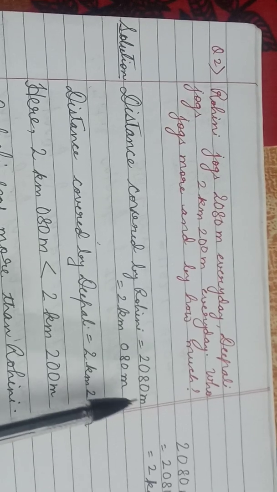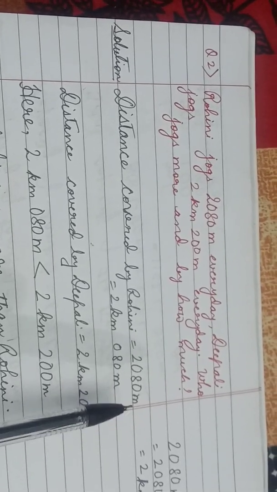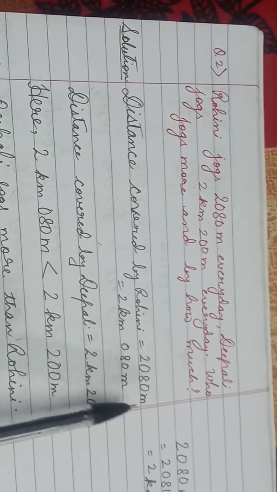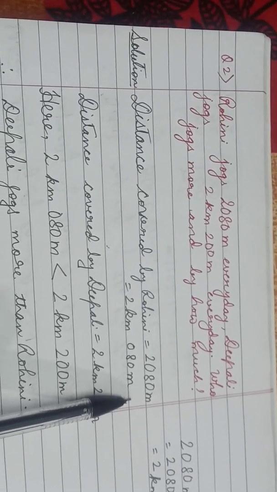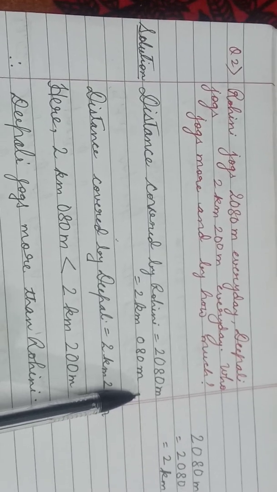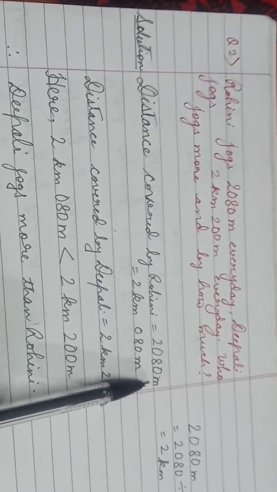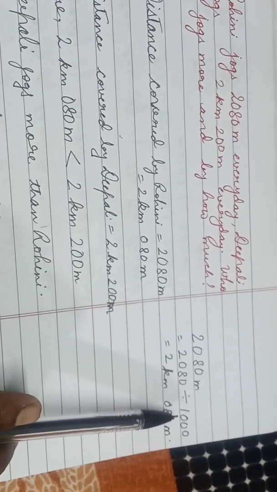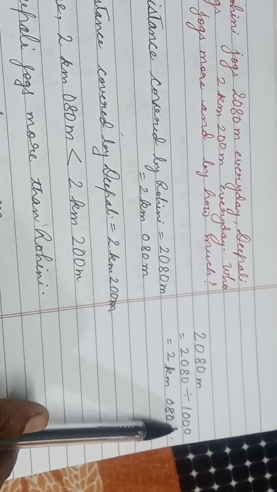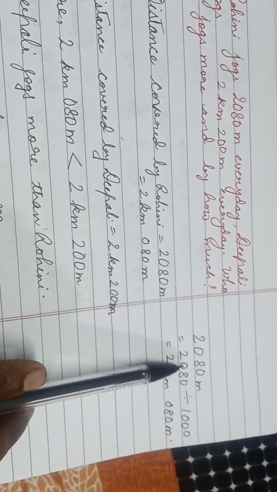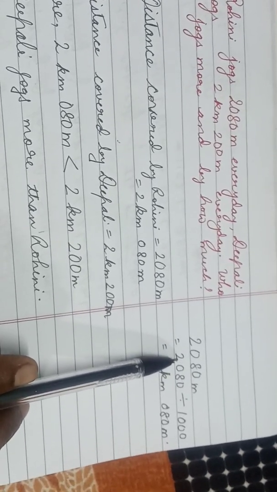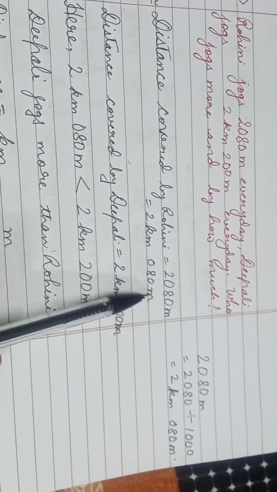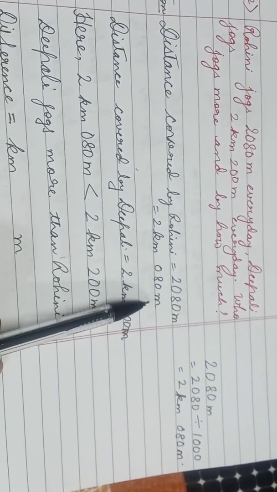Now children, we need to convert this meter into kilometer and meter. Okay? Because it is more than 1000, na? You know 1000 meter means 1 kilometer. So to convert into kilometer, we divide this by 1000. So on division, we are getting, yes, there are 3 zeros, hide here 3 digits. So we are getting 2 kilometer and 80 meter. Right here 2 kilometer and 080 meter.